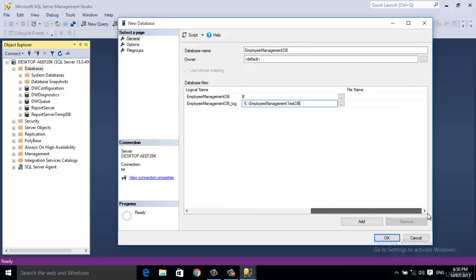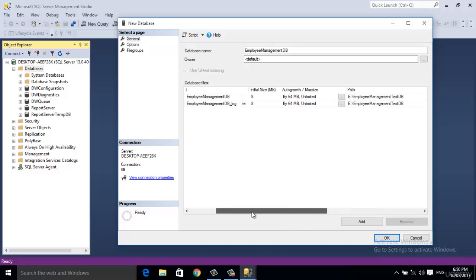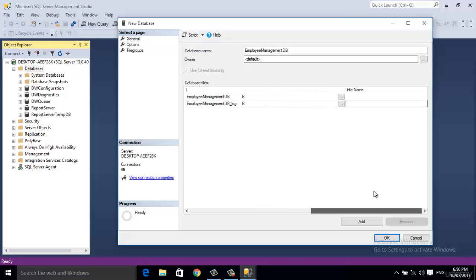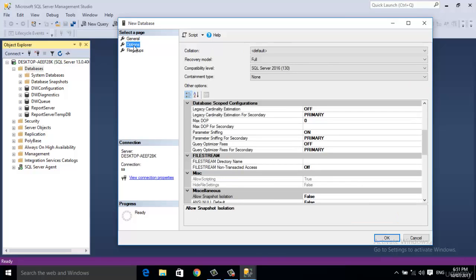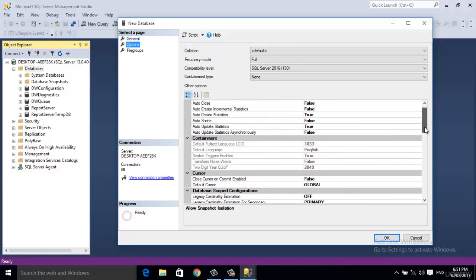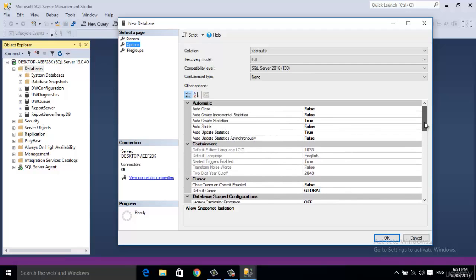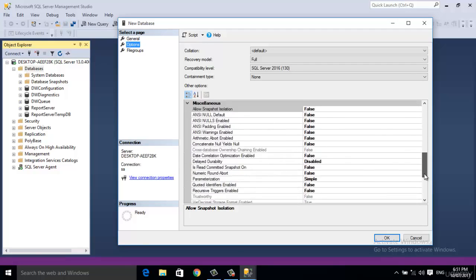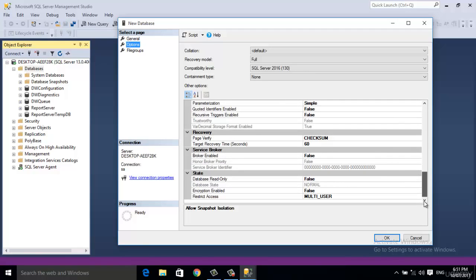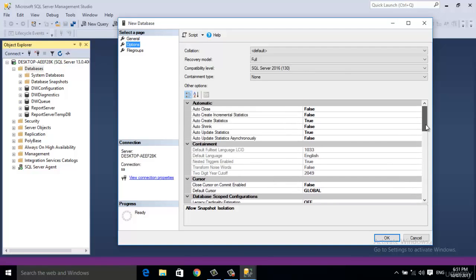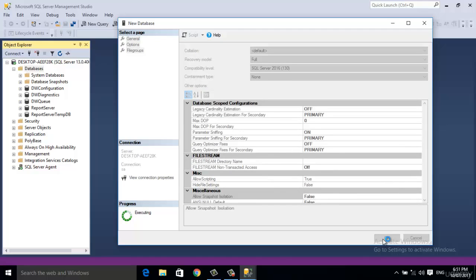Okay, you can also write customized names for your files as well. I am not using this option here, and let Microsoft SQL Server decide the file names. Let's click on Options just to recheck if anything needs to be changed here. I think at this point we don't need to do anything here, so let the process go on. Just click on OK.